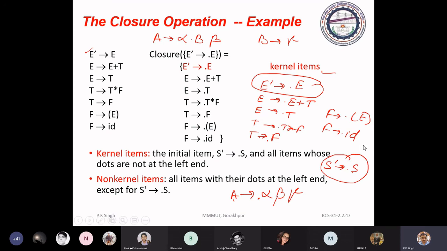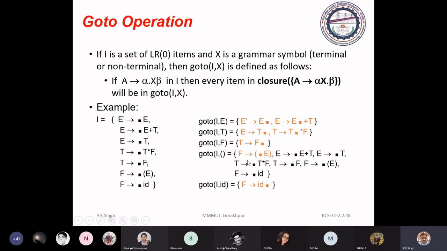There is one more operation that is called goto operation. Goto is applicable for terminal and non-terminal. Suppose we have A → alpha dot X beta in item set Ii.